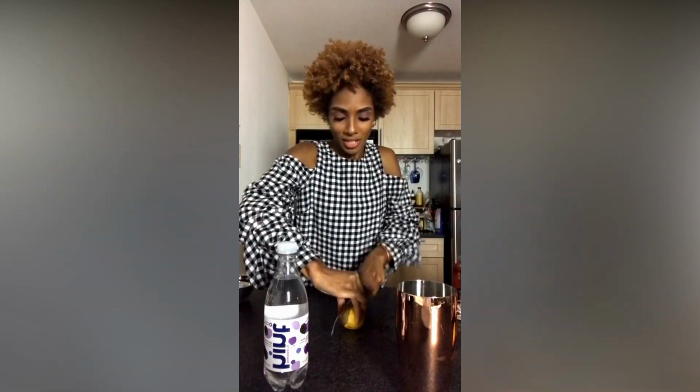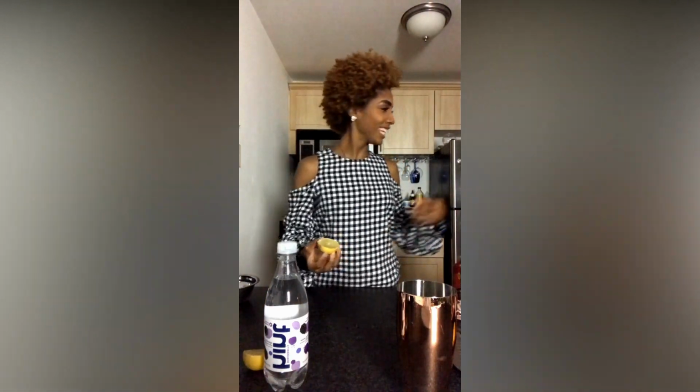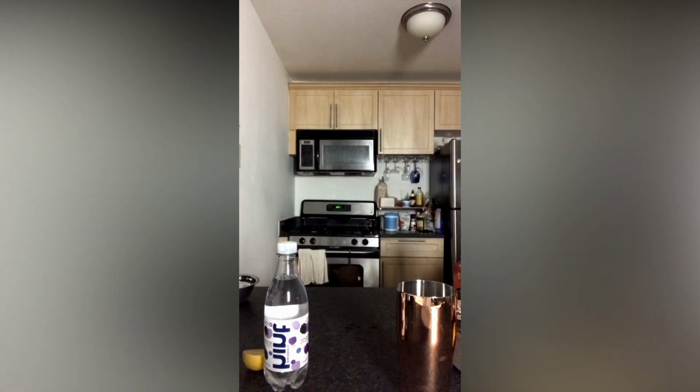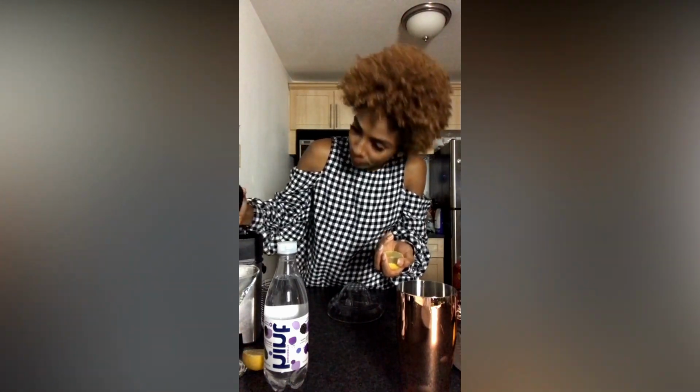I should not be cutting on my granite countertop, but of course I am. Okay, I really had all my stuff out. That's so interesting to me. So yeah, I'm going to juice the lemon because I want it fresh, and also half of the lemon is usually a half ounce. If the recipe calls for a whole ounce, it's typically a whole lemon. So yeah, so we've added the